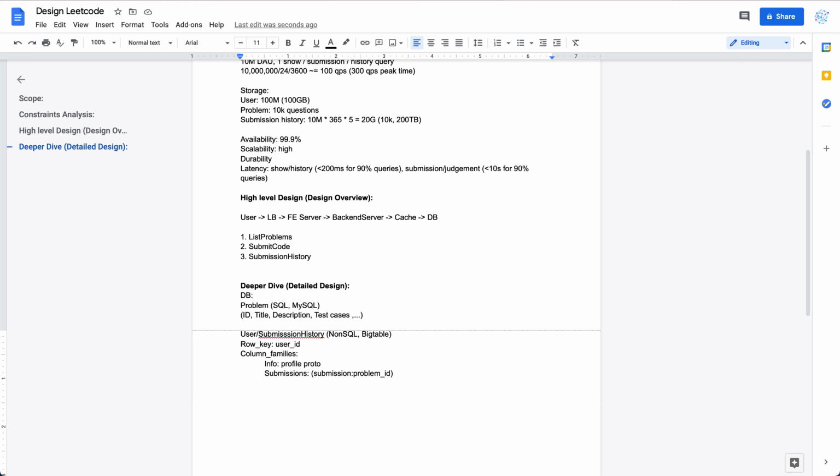So the submission history is user ID. So for the corresponding column, we have the problem ID, and for the Bigtable cell, we have the timestamp. So I would say each cell is going to be user ID, which is a row key, and the column is submission, problem ID, and the TS, and then the value is, let's say, a proto buffer,